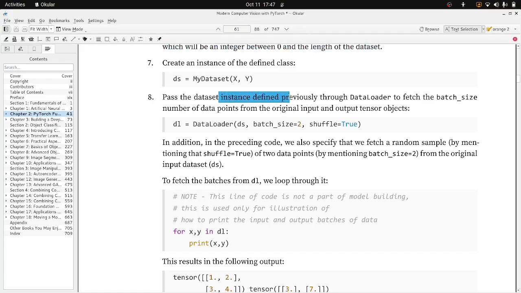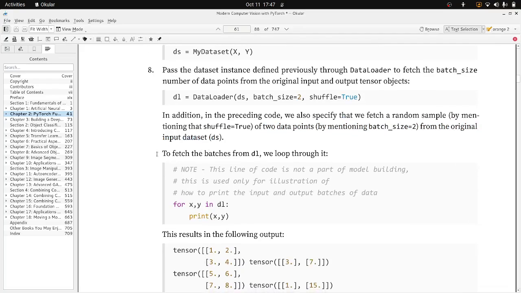Pass the dataset defined previously to DataLoader to fetch the batch size number of data points from the original input and output. In addition, in the preceding code, we also specify that we fetch a random sample by mentioning shuffle equal to True, and a batch of two data points by mentioning batch size equal to 2 from the original input dataset. To fetch batches from the data loader,